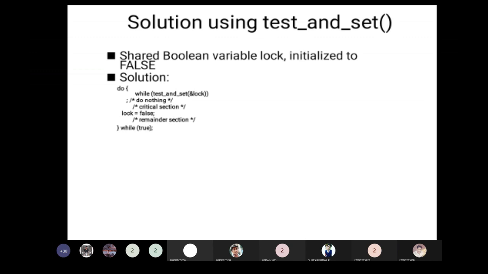A shared boolean variable lock is initialized to false. The solution for test and set we'll see here: while test and set ampersand lock, do nothing. If the lock is held, do nothing, then critical section. If the lock is acquired, you do nothing; you cannot enter the critical section. If the lock is released, or lock is false, then it means the process is outside of the critical section. Whichever process is outside of the critical section will execute the remainder code,